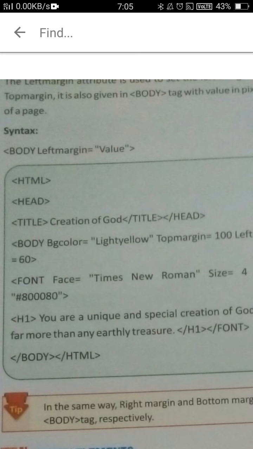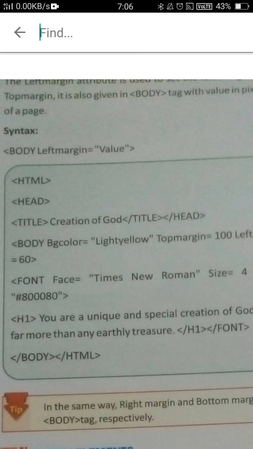Some more attributes of the body tag are link. Students, sometimes when you open a web page, you find a link in the web page, like "click here to see the image."